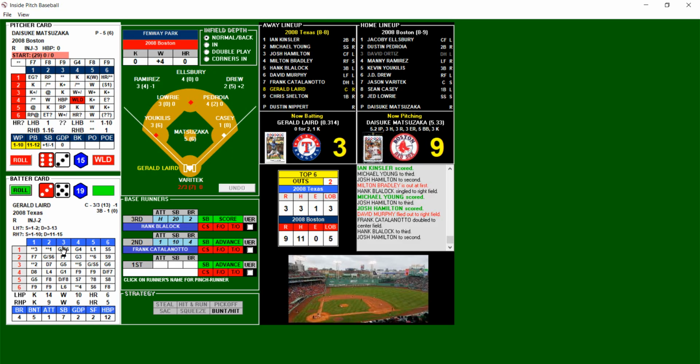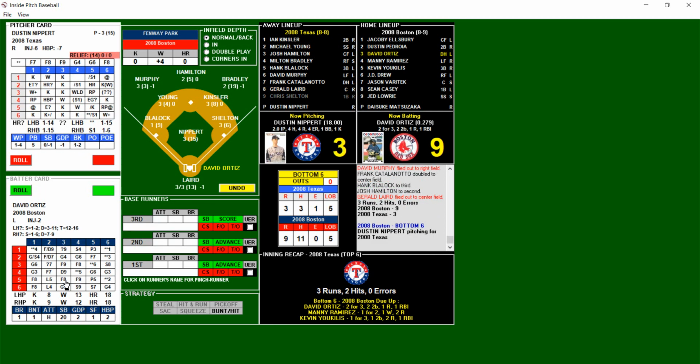And that is going to be a 3-5, column 3, row 5. That's going to be a fly ball to Ellsbury. He'll make the catch and retire the side. So 3 runs, 2 hits, no errors, and 2 left on. We go to the bottom of the 6th. It's David Ortiz, Manny Ramirez, and Kevin Youkilis due up for